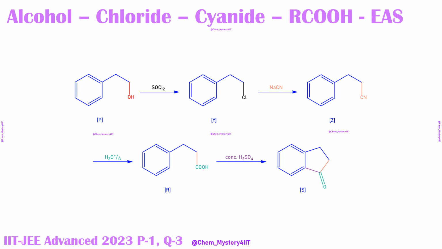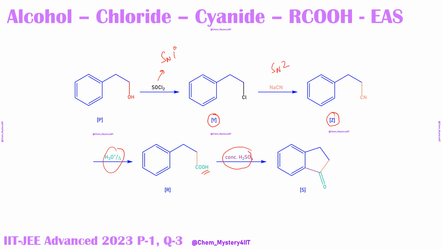Here two unknown compounds were there. We have named those compounds as Y and Z. So this is now the reaction sequence where the alcohols are being converted by SOCl2. This was your Darzen synthesis, which we have used as SNi. This is purely an SN2 reaction where chloride is replaced by cyanide. We are getting some cyanide. Cyanides are being hydrolyzed to give you carboxylic acid as the final product.